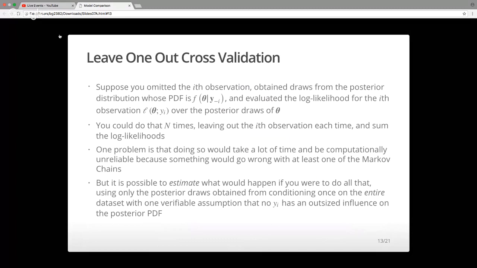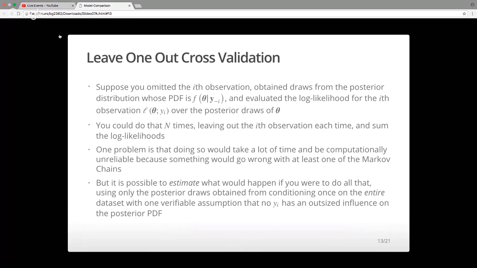And that would take a lot of time to do. It would take a lot of computational resources. It would probably be unreliable, because something is going to go wrong with at least one of the Markov chains. At least once you would get a warning, sometimes about adapt delta being too low, sometimes max tree depth being too low. It would just be a really intensive thing to have to draw from the posterior distribution n different times